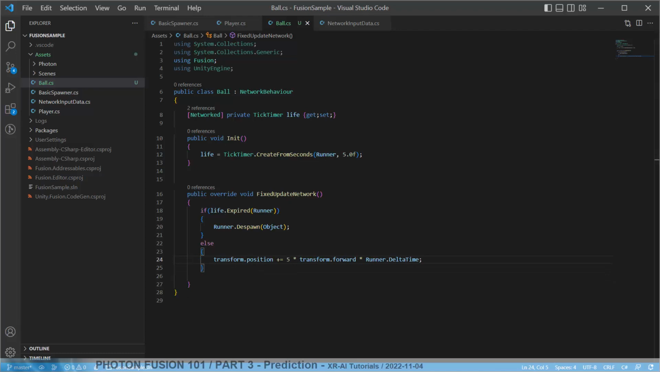This is actually now the code for the ball. As soon as it expires, then this one will despawn, and afterwards it's gone. So no more fixed update network ticks. So it should not be called twice. So it only despawns once. Okay, now it despawns. Now we also need a method to spawn the ball, and this obviously will be on the